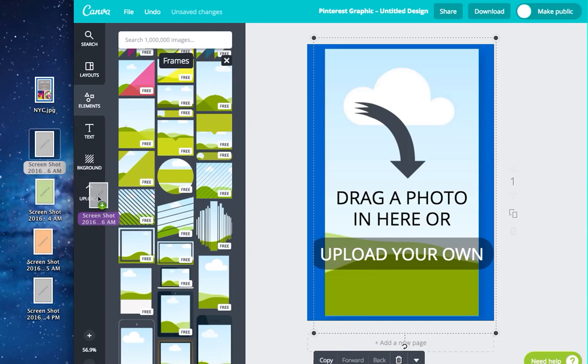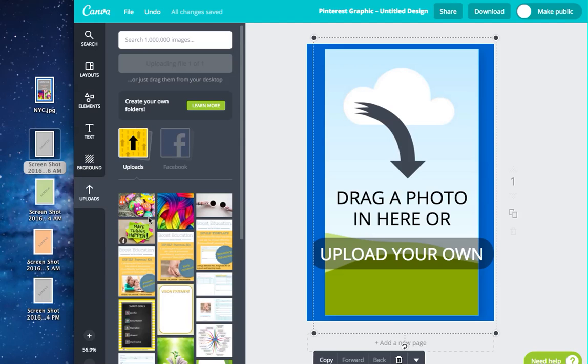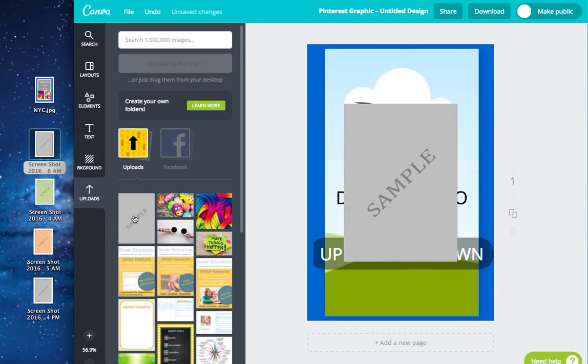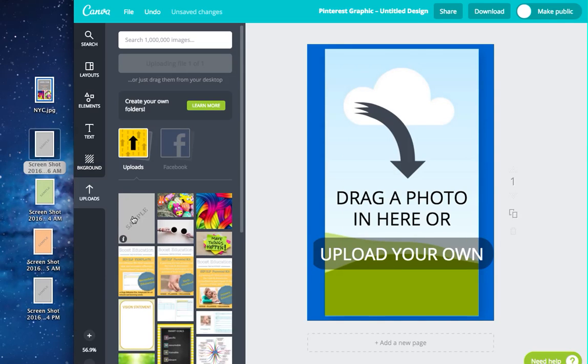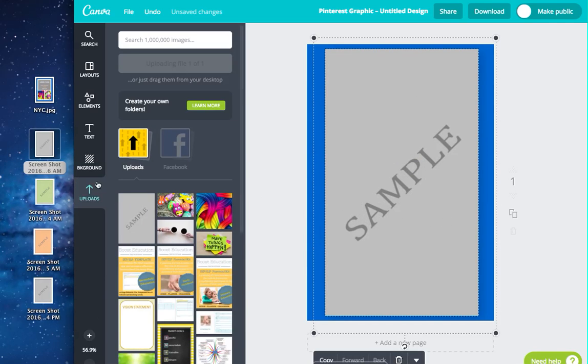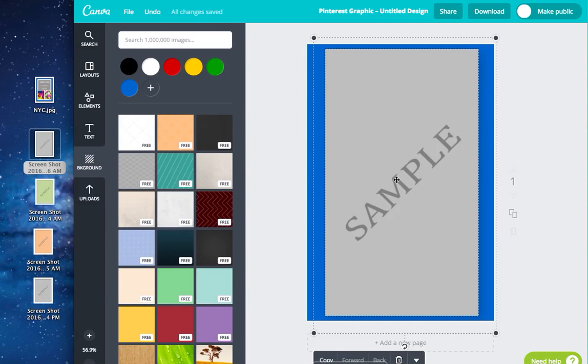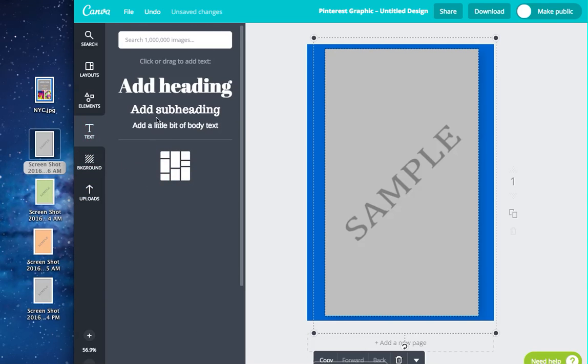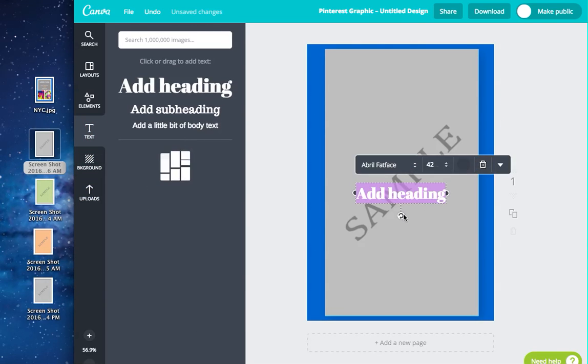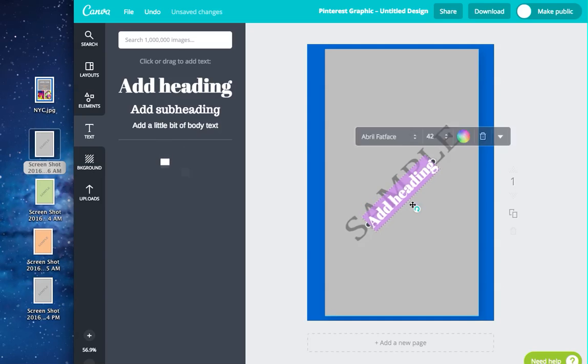So what we do is we're going to drag and drop that over to our uploads, and you'll see that that pops up on our upload shortly. Sorry, I clicked that. So what you need to do is you need to drag and drop it for it to appear. Okay, so once that appears in there, it actually already has the word sample. Okay, if we wanted to ignore that that's actually there, if we wanted to use it, what we do is we click on text, click on a big one, and as you can see, I can make it swing on that side and actually type sample myself. Okay, if we want to enlarge that,